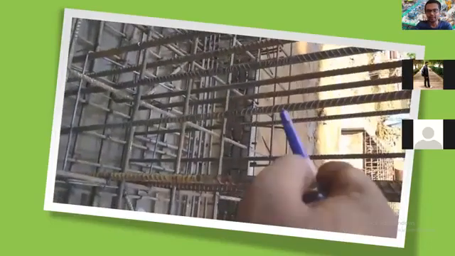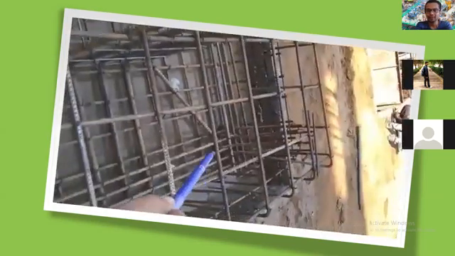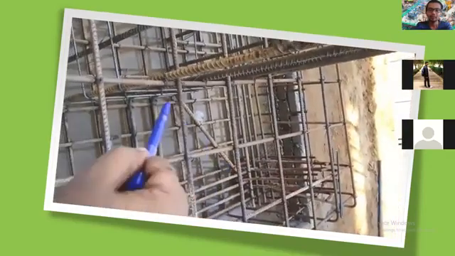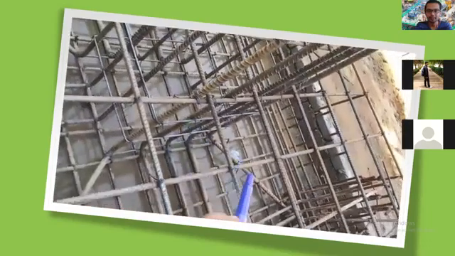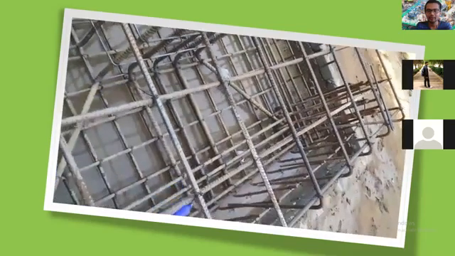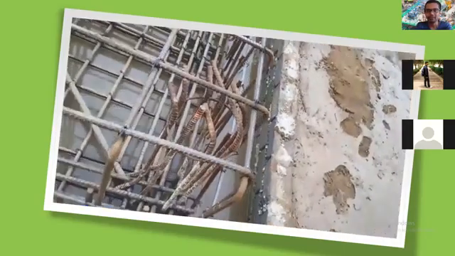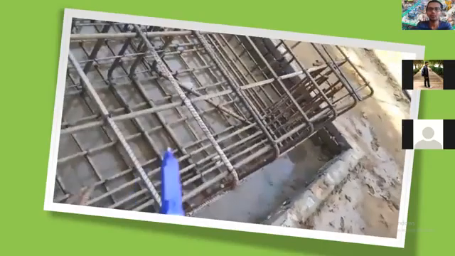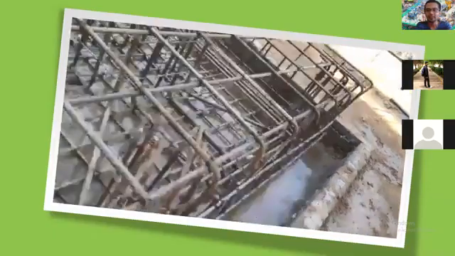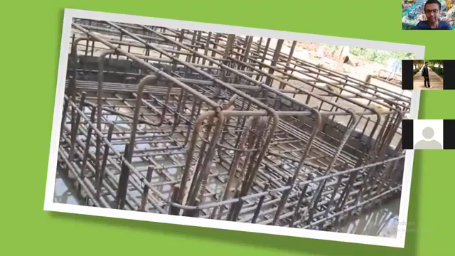The column is also connected to the footing, as we discussed in the previous class, with the help of these starter bars. So the column reinforcements also you should check before your concreting works. All the reinforcement binding works should be checked properly, whether the cover is maintained and whether the reinforcement is given as per the structural drawings. After the visit of your structural engineer or the site supervisor, only then is the casting or concreting work done.